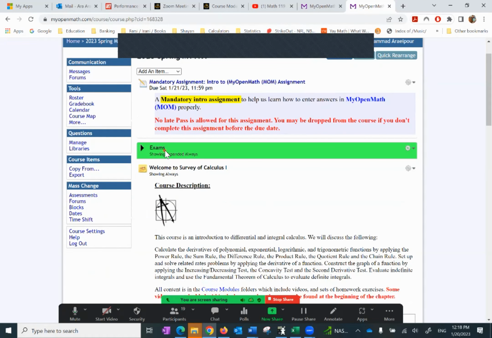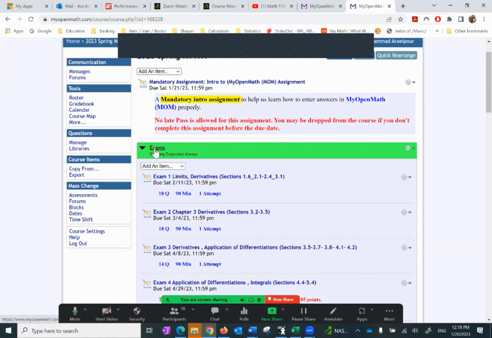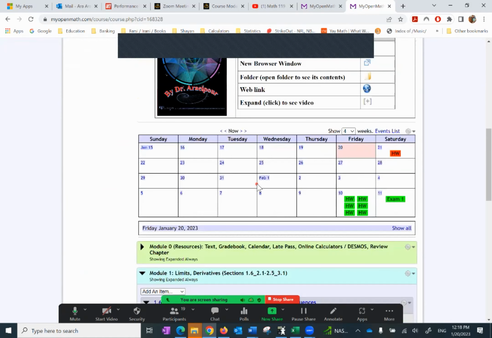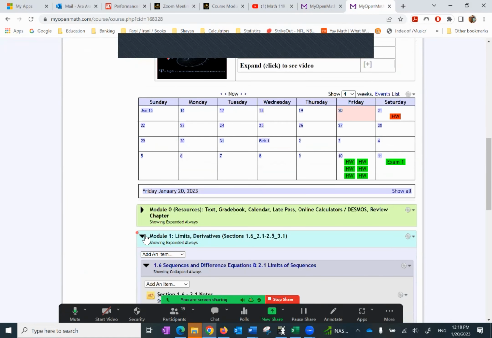The next one is the set of exams. And again, you don't have to worry about it at all. Again, I put it at the very top because I don't want you to have a difficult time finding it. And as you can see, the first one is due shortly in February. But never mind that for now. Then you find the course description, you find the calendar. I want to explain about the calendar, and that is,